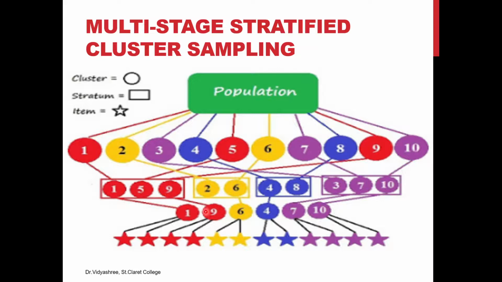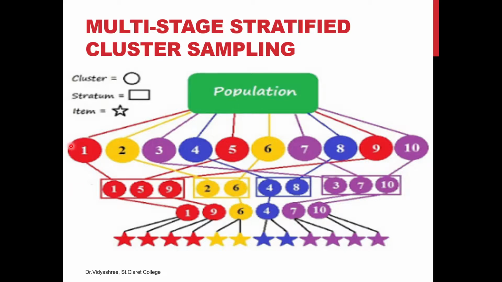This we can understand from the other picture. Here one more thing you need to observe is, this is not just multi-stage cluster sampling, but it is a combination of multi-stage stratified cluster sampling. So it's a combination of both stratified as well as cluster. So here we can see, with the population, there are 10 populations. Among the 10 population, what the researcher has done is seeing the homogeneity. You can observe very clearly with the color, the red color, that is 1, 5 and 9 have similarity. Homogeneity is nothing but the similarity.